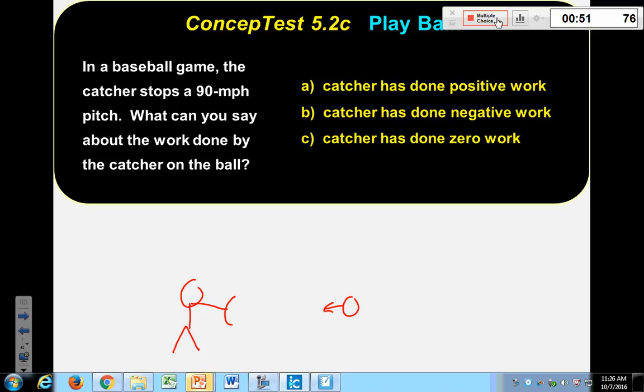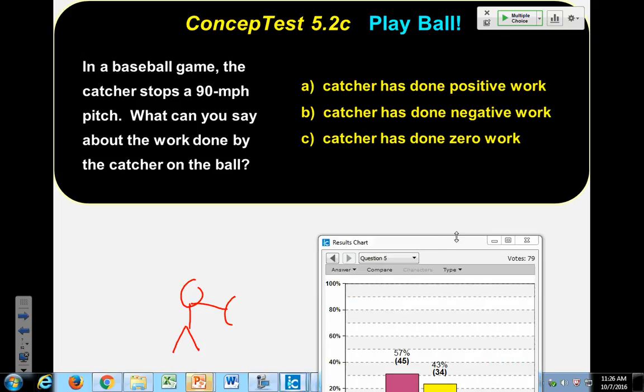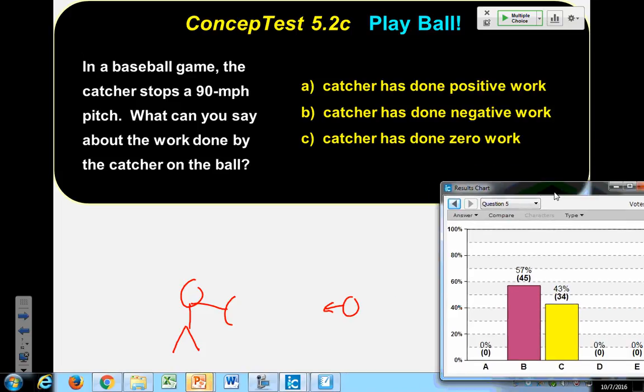I'm going to stop at 55, 58. We'll go to 58. Okay, we're a little bit